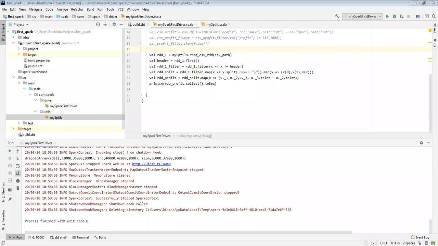Stop the share and I'll share again. I think it's taking time. So now able to see everyone? Yeah, now it's able to see. We are able to see the screen.